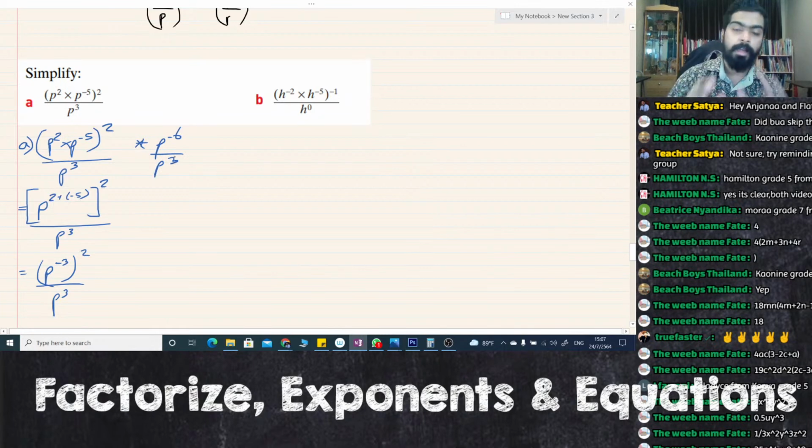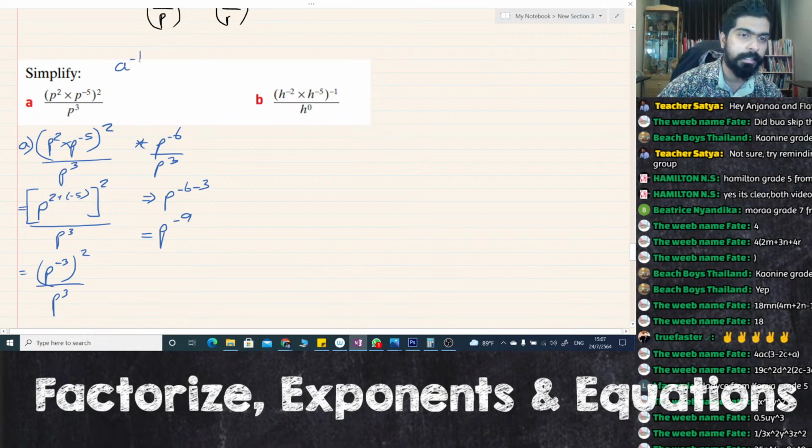Now if we take a look at it here, we can use law number 2, right? But many students get confused and they make this mistake here. So here what we have is p raised to the power of negative 6, negative 3, which is equal to p raised to the power of negative 9, right? And now we can use the negative law of indices, which states that